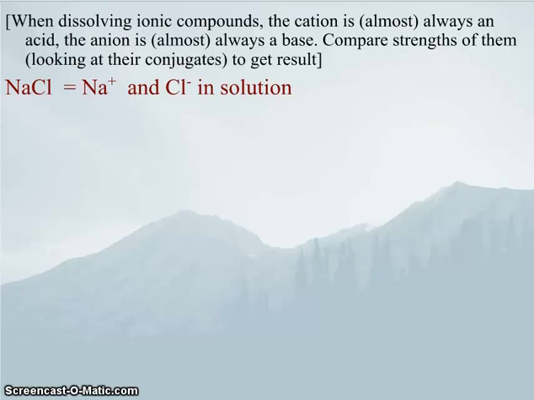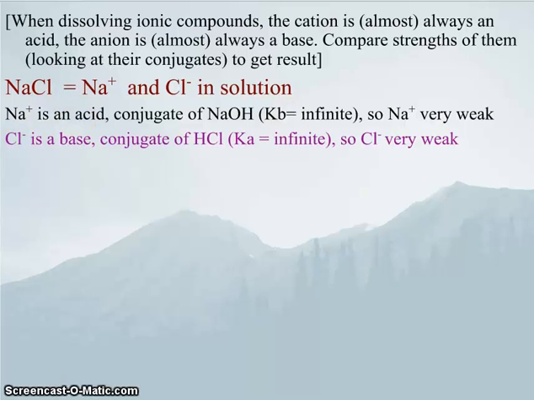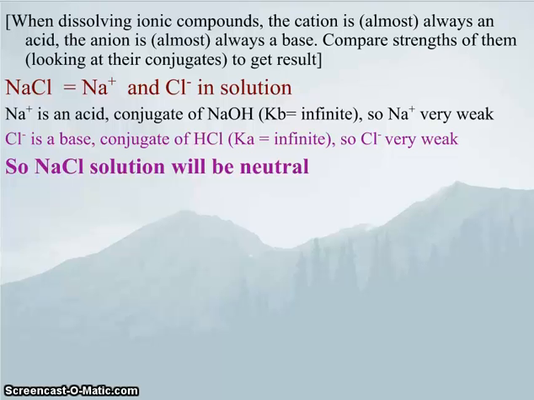Let's look at a couple more examples. Sodium chloride dissociates into sodium ion and chloride ion. We know that sodium is an acid. Its conjugate is sodium hydroxide, and sodium hydroxide has essentially an infinite Kb value. So that means sodium ion, as an acid, is very, very weak. We know that chloride ion is a base. It is the conjugate of hydrochloric acid, whose Ka is infinite. So chloride ion is a very weak base. So I have an essentially non-existent base with a non-existent acid. The solution remains neutral, since technically I have an acid and a base, but they're both